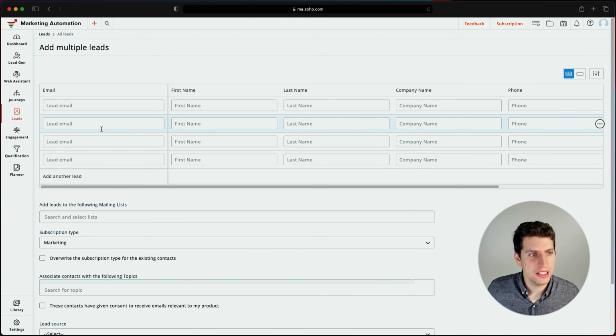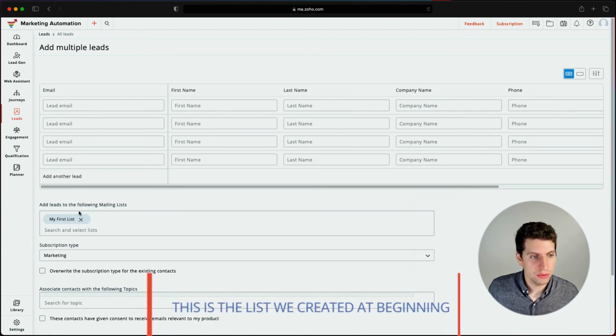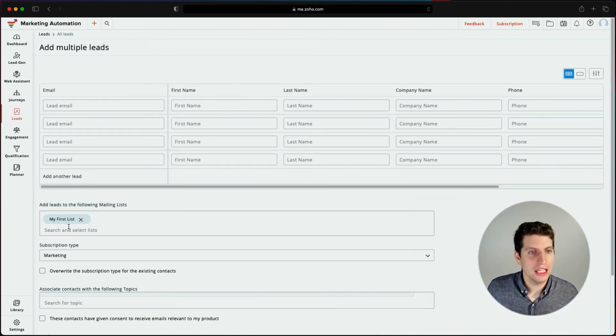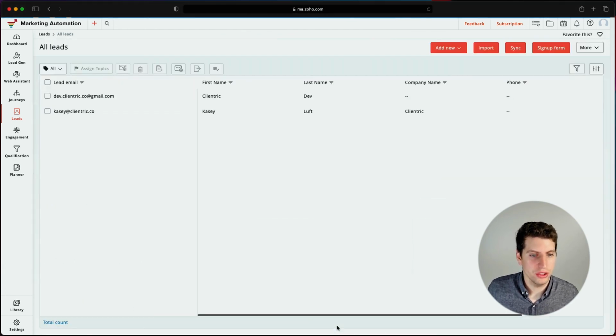This is another view. It's a slightly different view because the lead isn't associated with any given list yet. So we'd have to go in here, and if you just click this, you'll get a list of all the lists you do have that you've already created. So we see that the only list we have is my first list. And now any of the leads we input here will be associated to my first list. And then you go through and do this over and over again. So as you can see, there's multiple ways to do things. You'll find that that is quite commonplace in all of the Zoho tools. You just kind of have to learn the ins and outs of each.